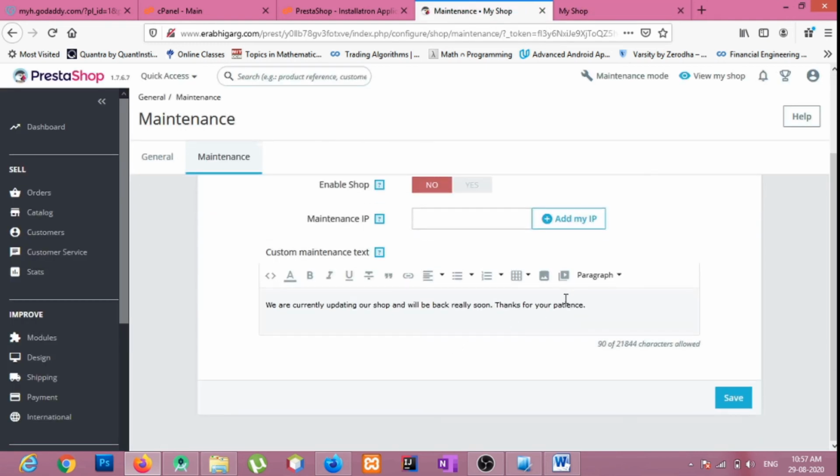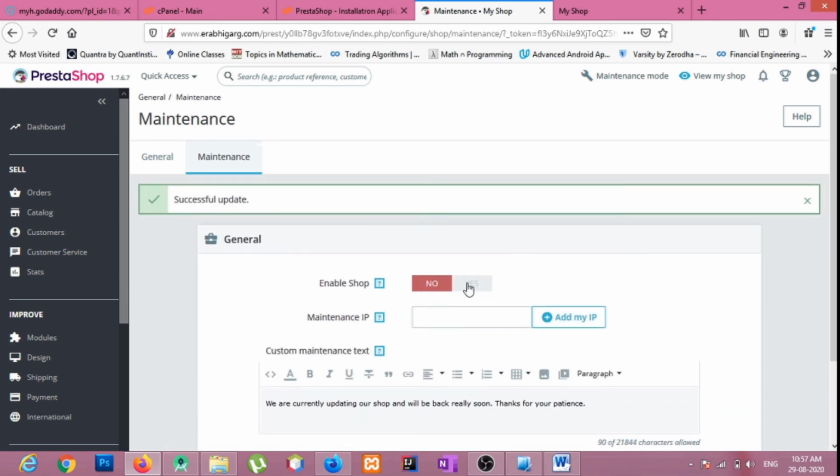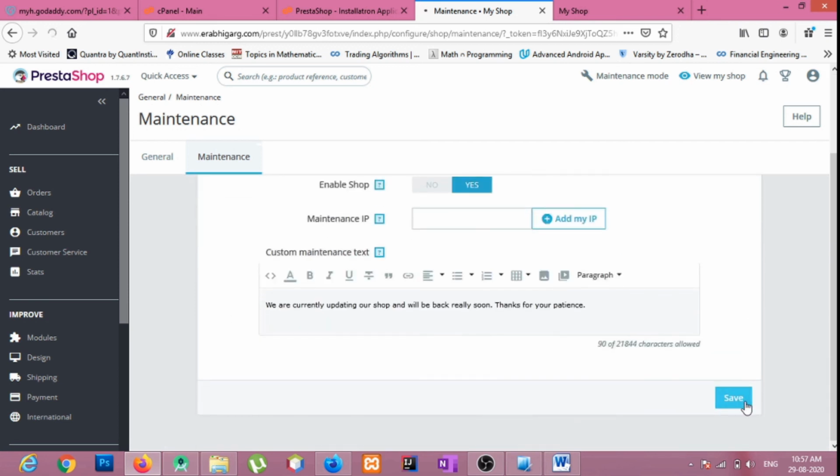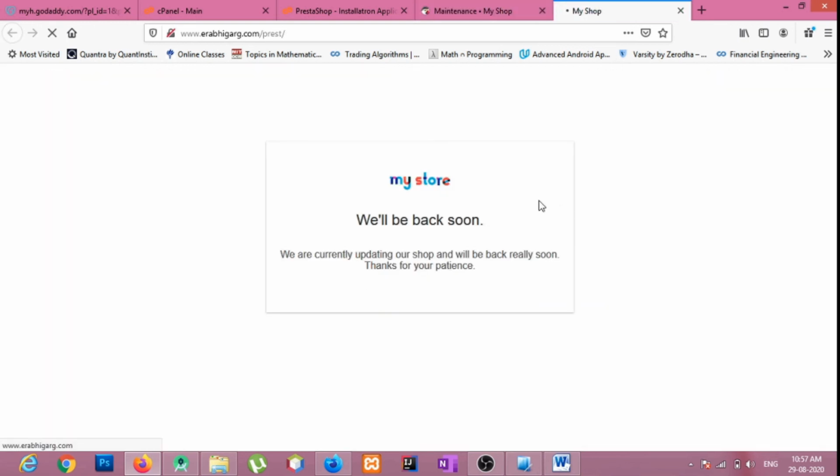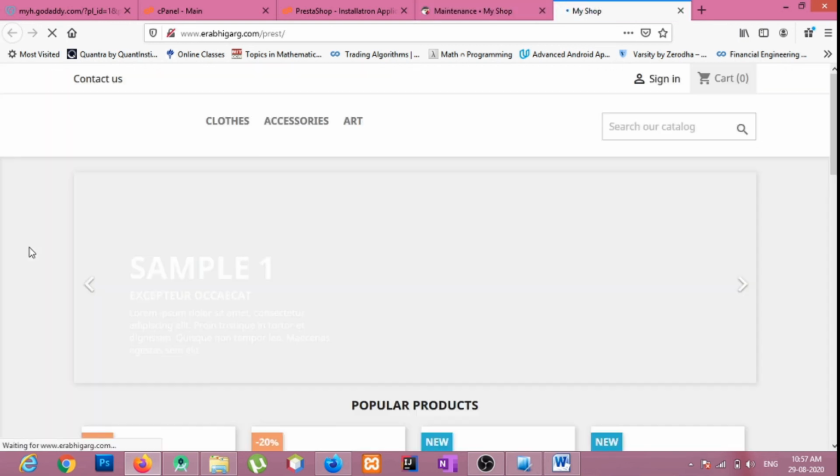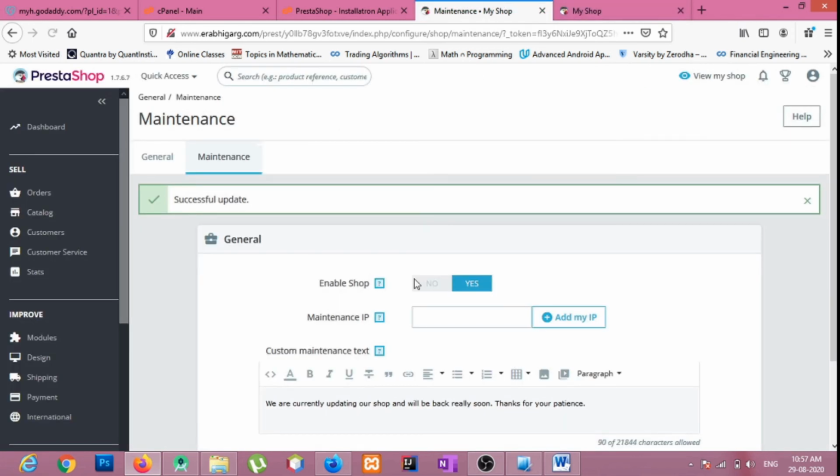You can customize this message here, and when we enable the shop, the users will be able to see our website again like this. So it's better to disable the shop if you are going to make some changes, like you are going to install a new theme, because you never know which thing will block your website and disable your users from viewing it.